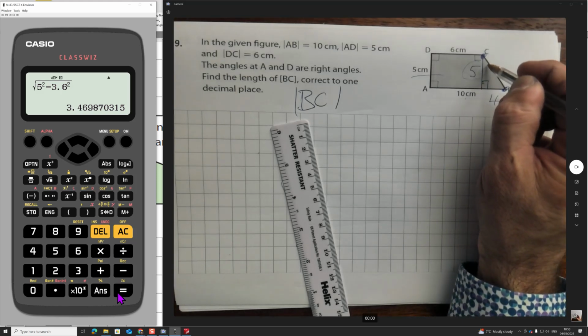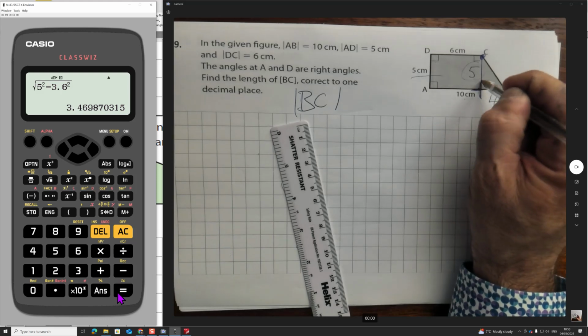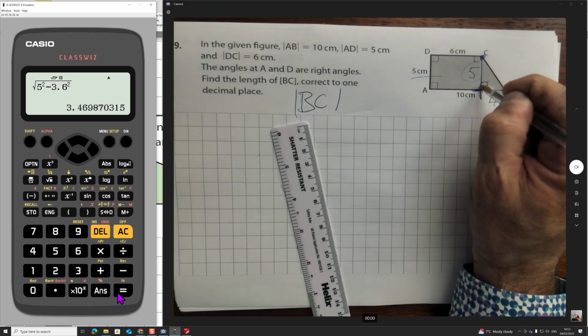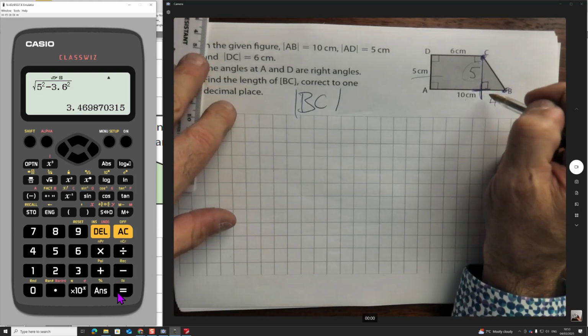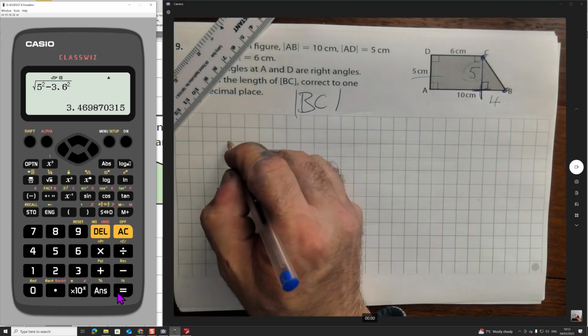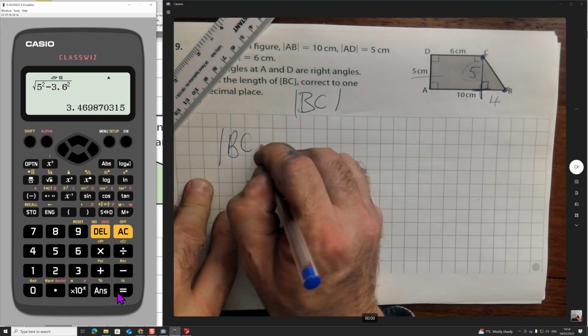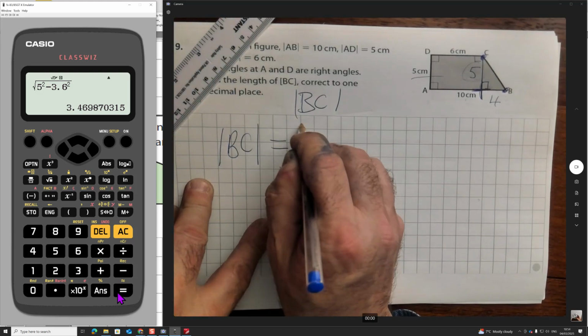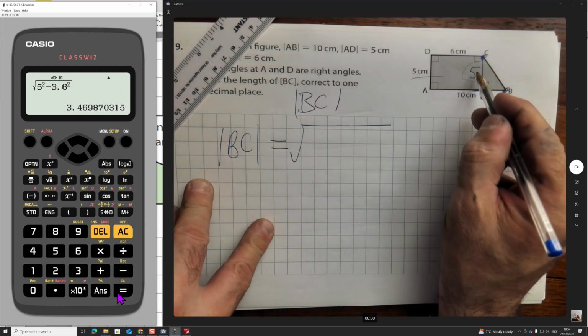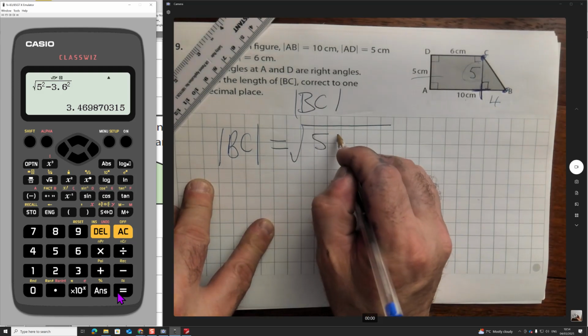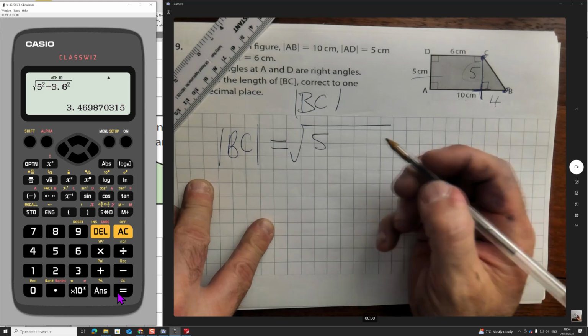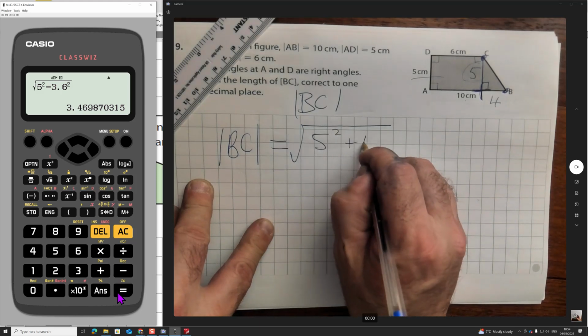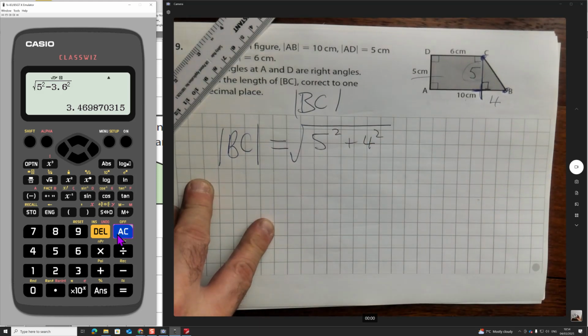Okay, now we go on and say, look, it is the hypotenuse we're trying to get, so it's definitely the plus form of the calculation we're going with. So just to be complete, we'll write the BC again here. We'll write equals the square root, and we have 5 and 4 as the legs. We call them the legs, the leg lengths of our triangle. We're square rooting